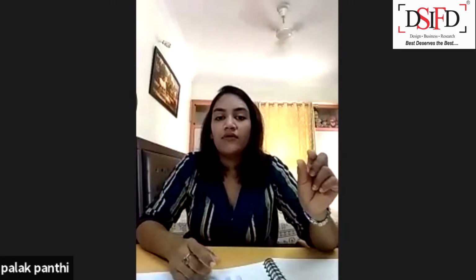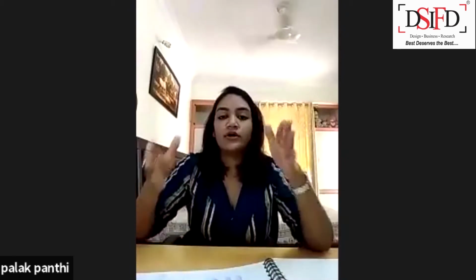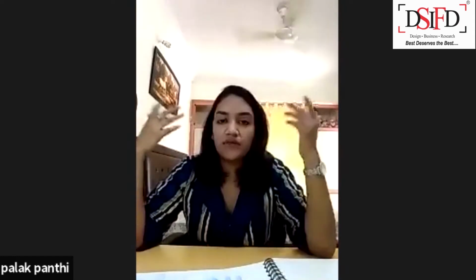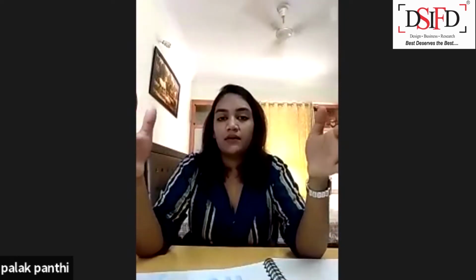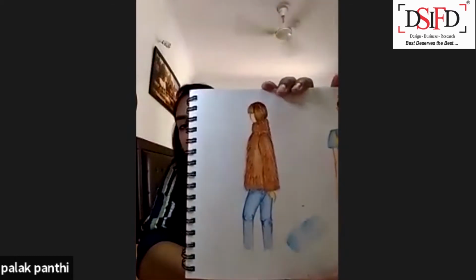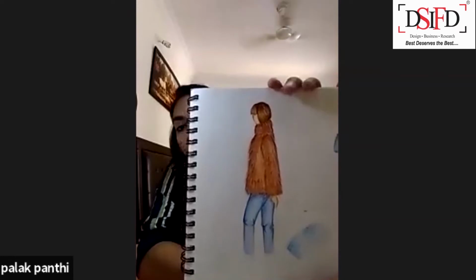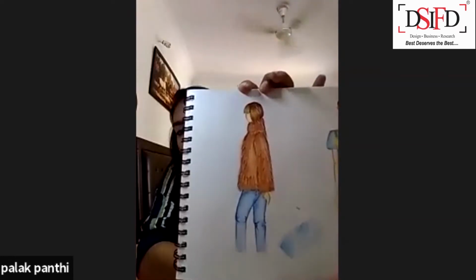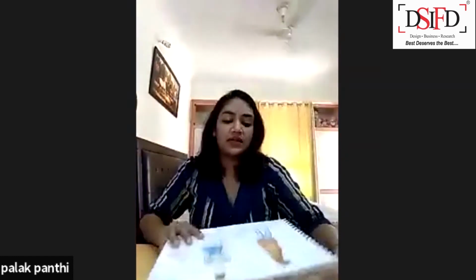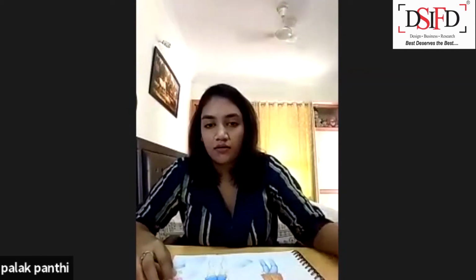If you are drawing just a very small hand or a very small torso part, then it won't look like fur, because it's about observation. On observing someone wearing fur, you see that that clothing piece is big. I'll show you what I did. In this one also, you should see that the top or the sweater or whatever is not very skinny. I have drawn it big. The sleeve, you can see I have drawn the sleeve also very big. It's not very skinny. So that's what I'm trying to tell you, draw the structure big.